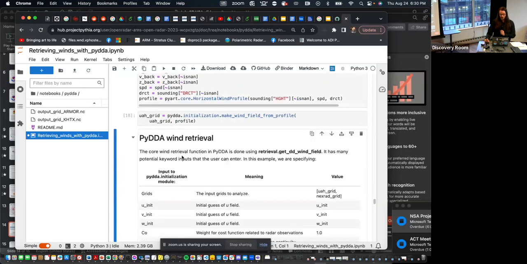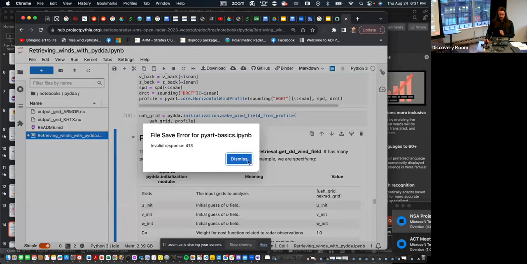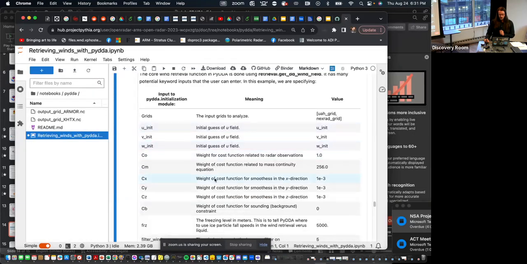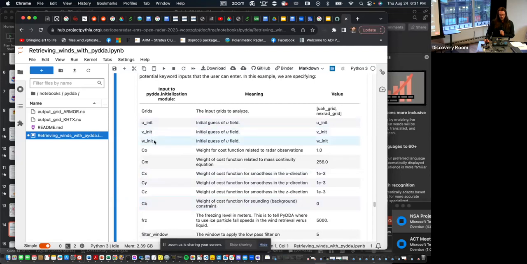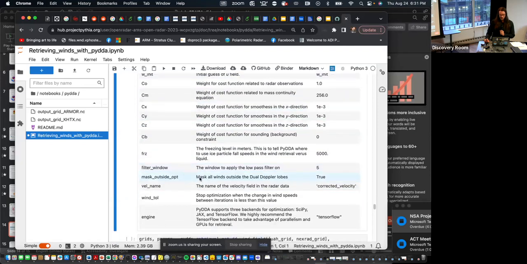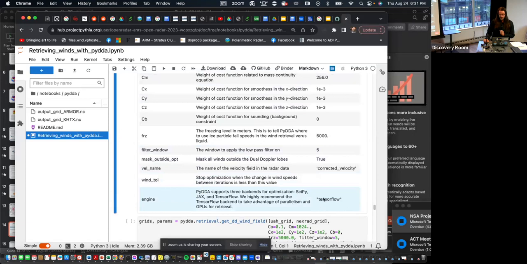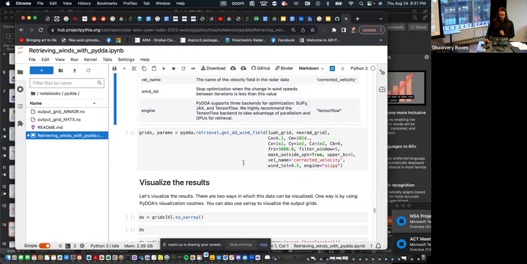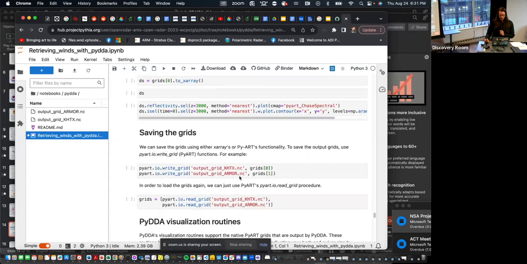And then the core function here is done using retrieval.get_dd_wind_field. There are many potential keyword inputs that you could customize here, including all your weights and all your initial wind fields that you apply. You could do different filtering and even use different engines for doing the data. Now, what we're going to do here,